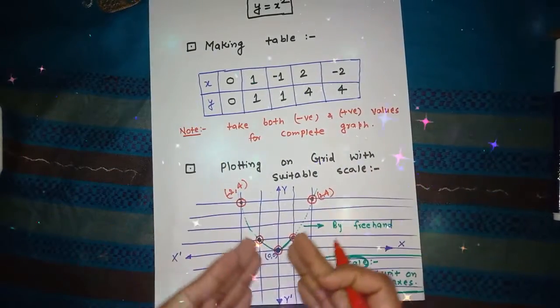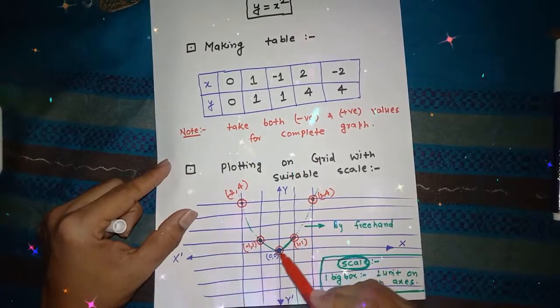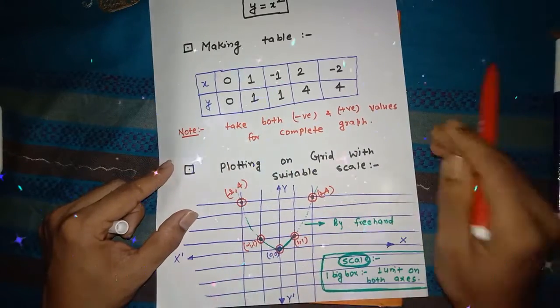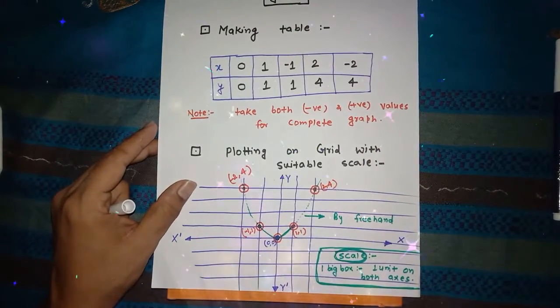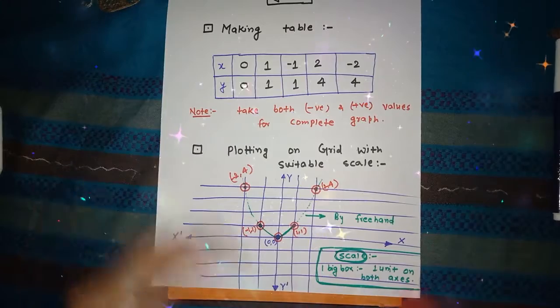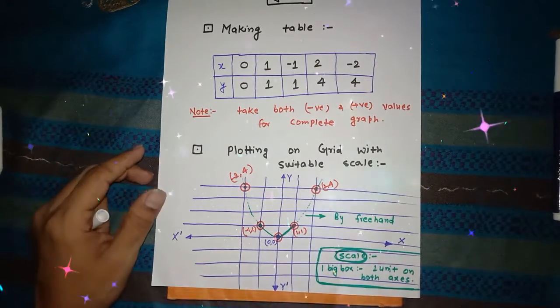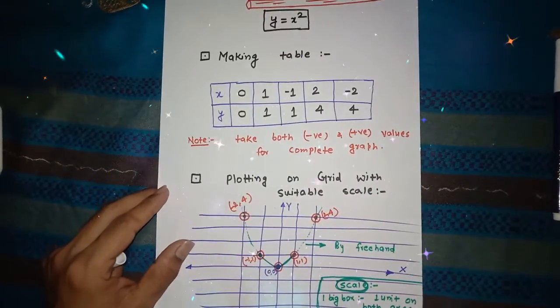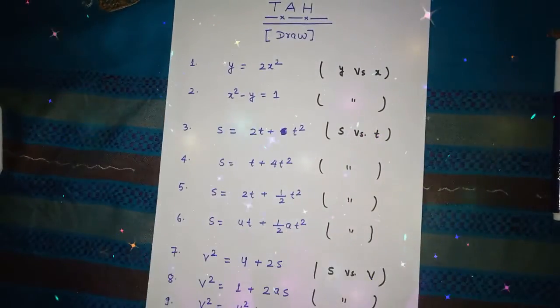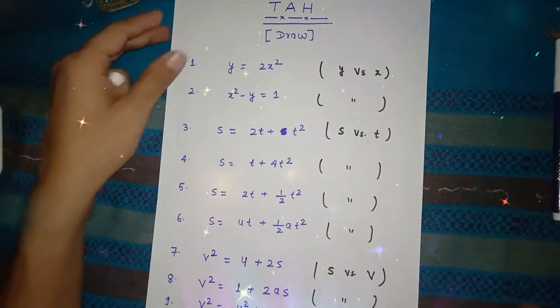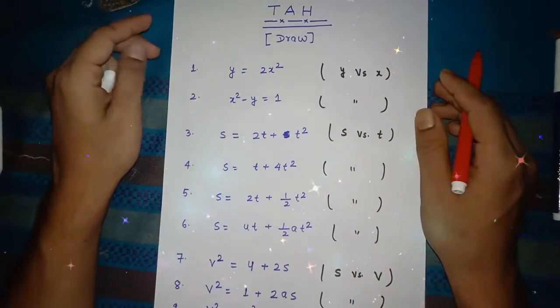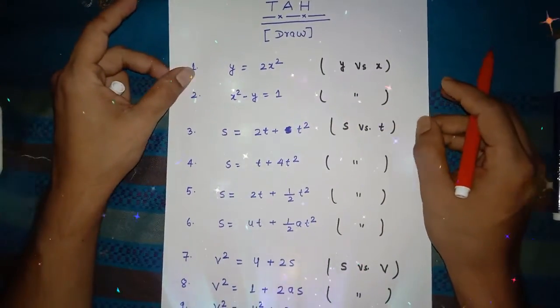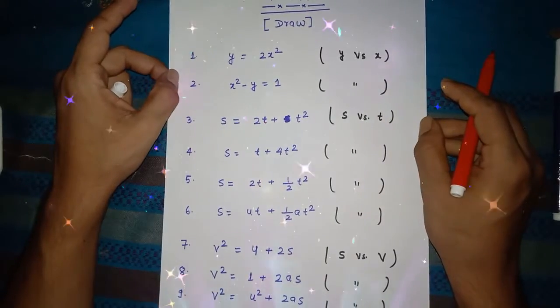And now join all the points by freehand, not using a scale but by freehand. So you must find a curve-like structure, a curve-like path, which we call a parabola. In this way we can draw the graph of a quadratic expression in various cases. Now let us look at some examples for try-at-home problems. You must draw this kind of quadratic expression by yourself, so that you can be skilled in